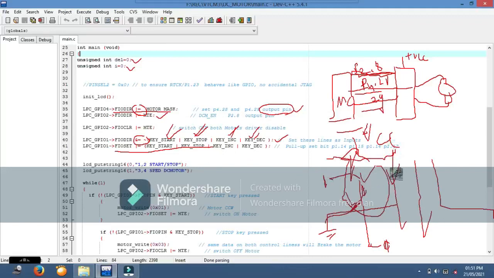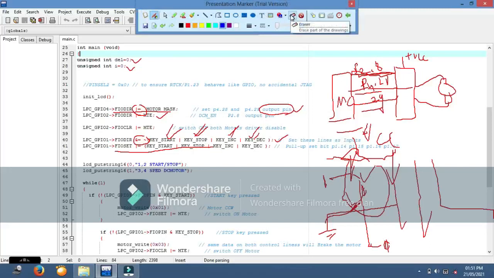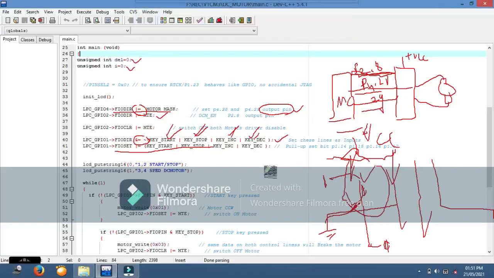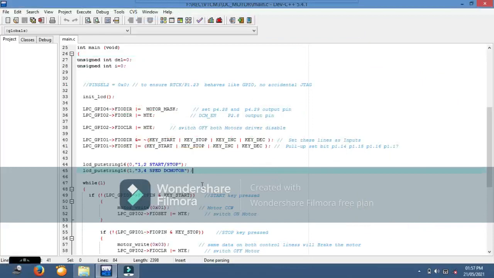So for this transistor pin 14, next transistor pin 15, 16, 17, like that. So like this we have here to enable the key.